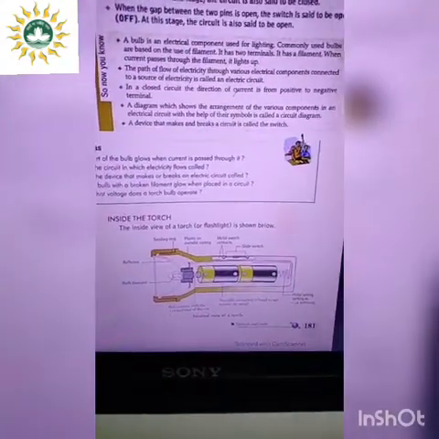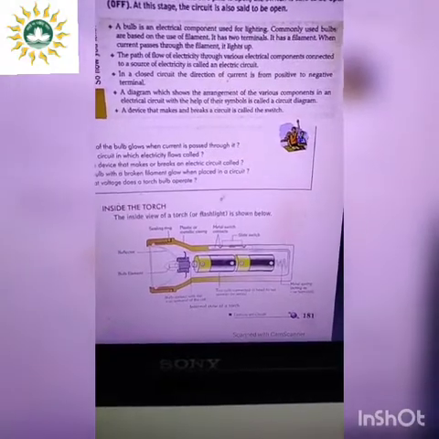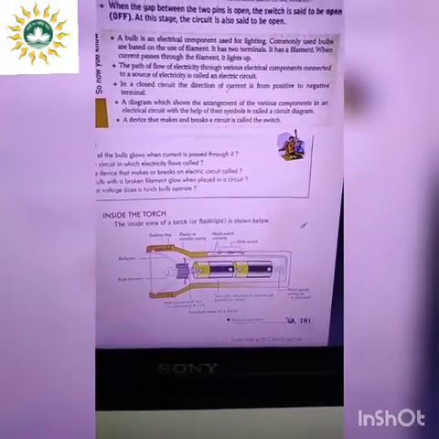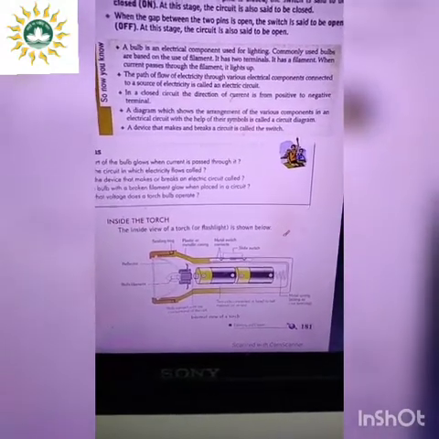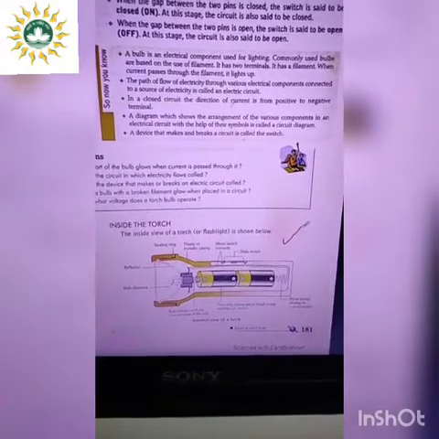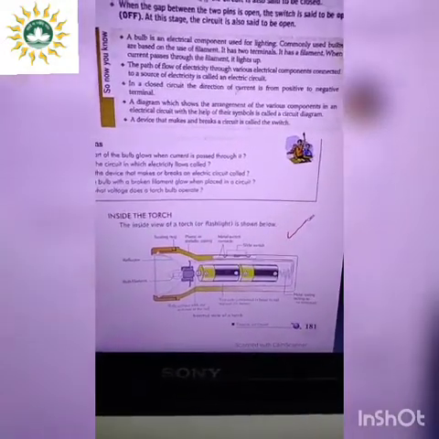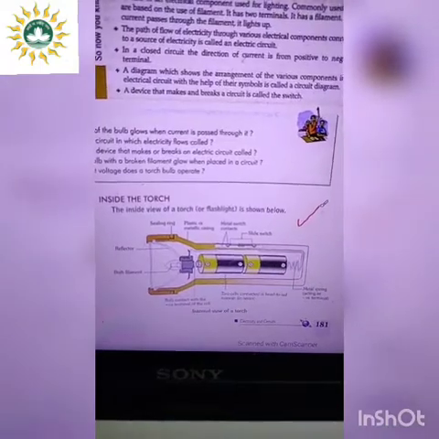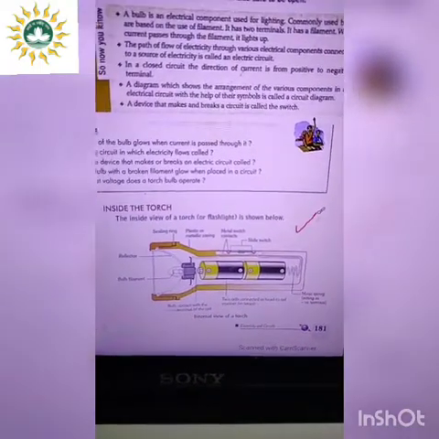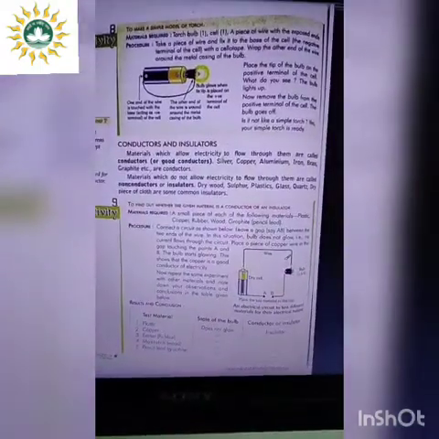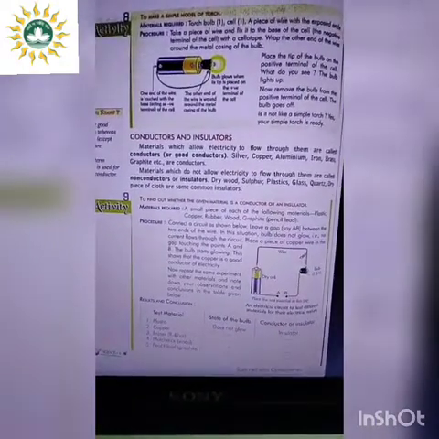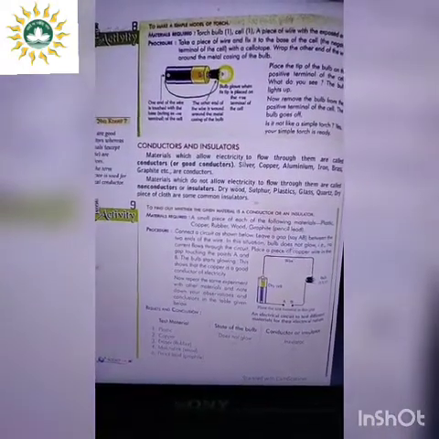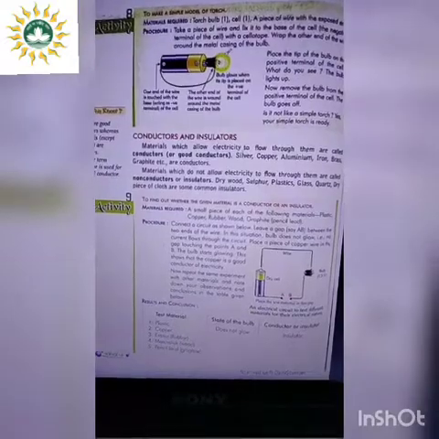Coming to the inside of the torch, this diagram is important. This diagram you have to draw. I'll tell you later whenever we do the question answers. You will definitely have to draw this diagram. So this is the inside of a torch. There is also a simple model of a torch which has been made.